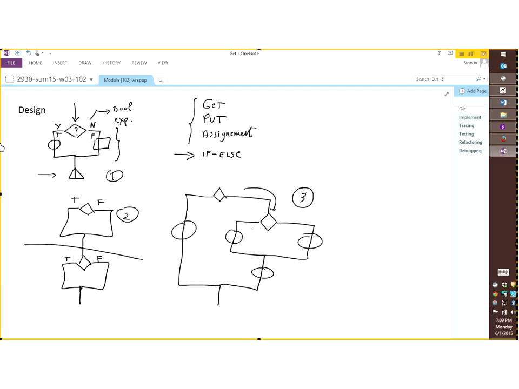So that's exactly what we did in module 102, right? Number 1 up here is learning about the building block. How does one if statement work? And then the rest of the lecture was about, well, what are the different ways to recombine 2 if statements? And we saw that there are only 2 ways. But then, with those 2 ways of recombining if statements, you can generate an infinite amount of programs.